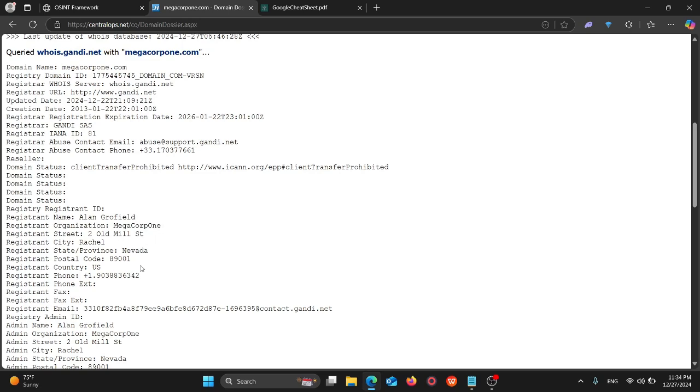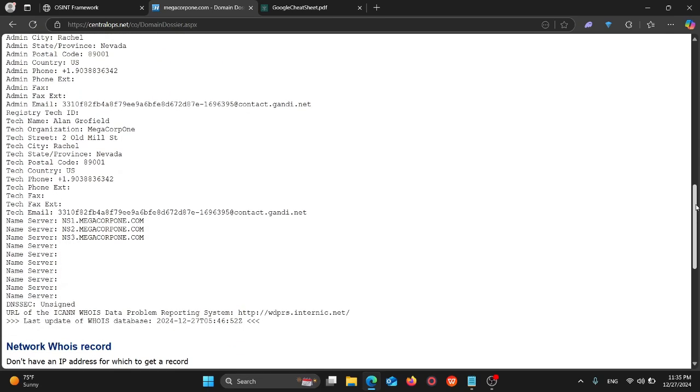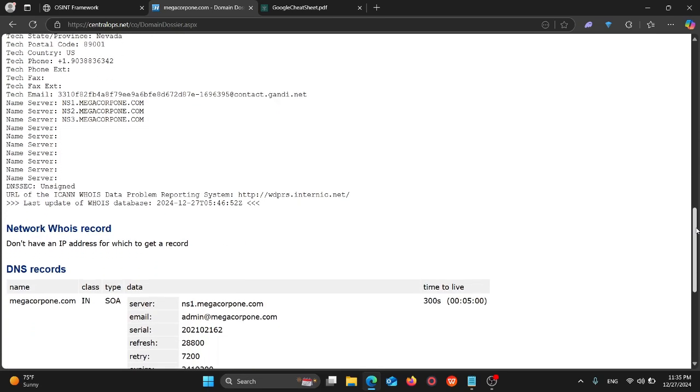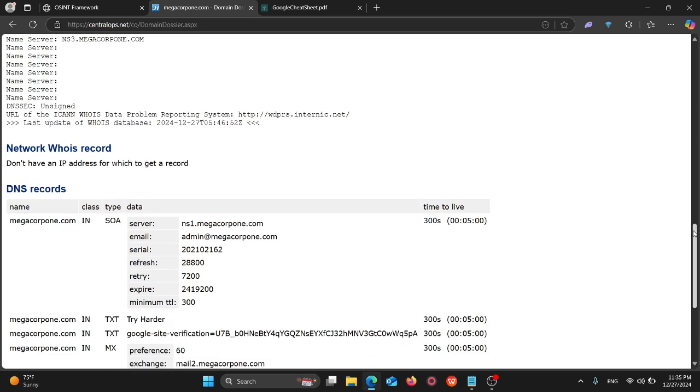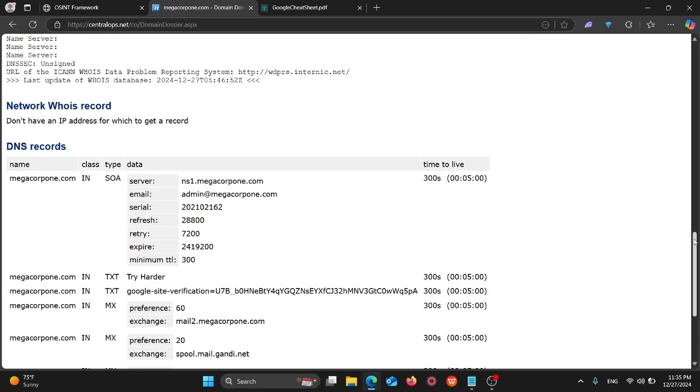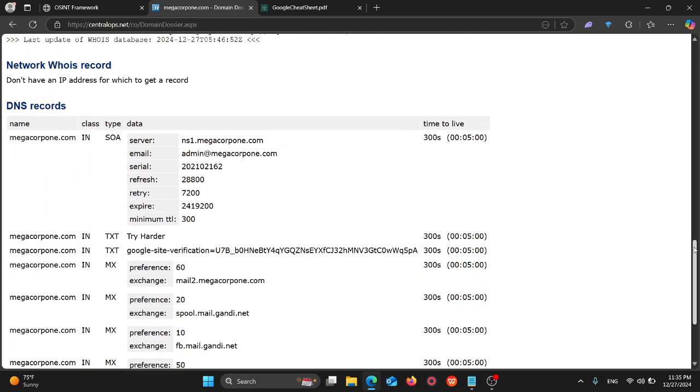The address, the phone number, which can be used for social engineering campaigns and so on. All right, we can move down. We got to the name server, which can be important in our search. We have the email, the serial number,